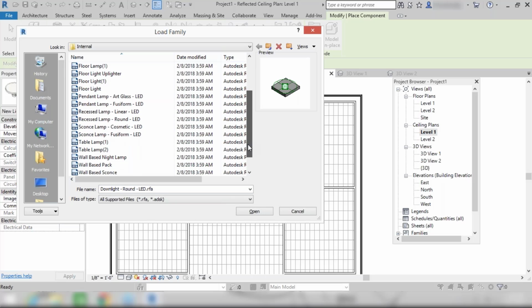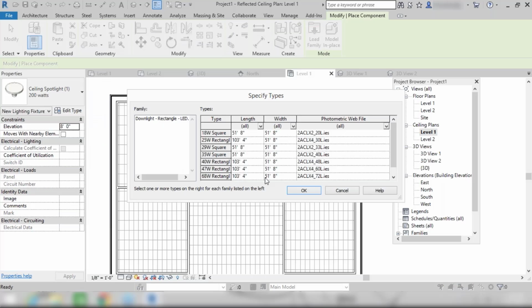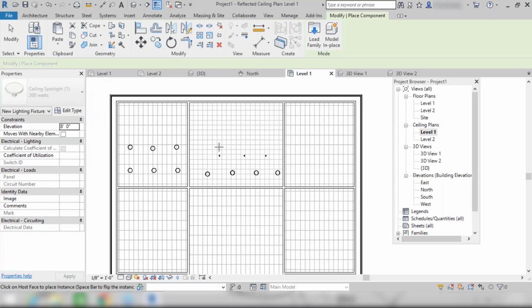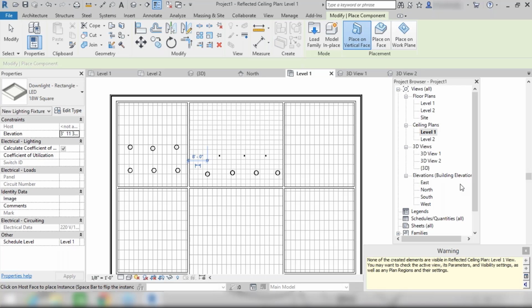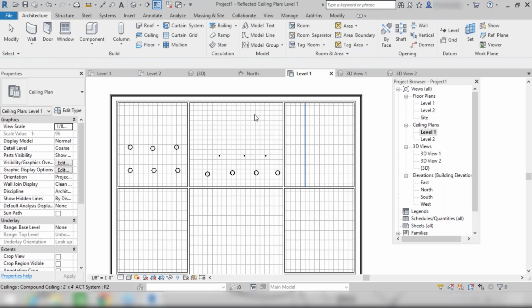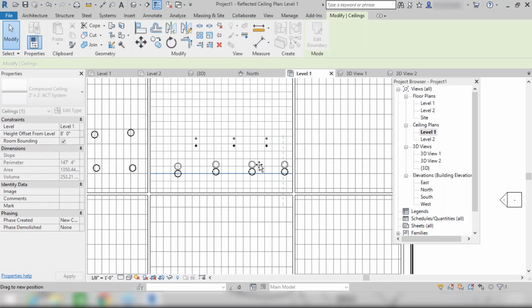Here we have this one as well. We have downlight, round LED type, right? Table lamp. You can choose any type of light from here, right? You can choose this as well. So here you can install these on your ceiling part, right? Once you click here, it will give you a warning that it won't be visible in that case, right? So let's go with these only, right?